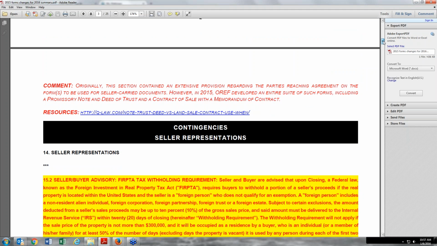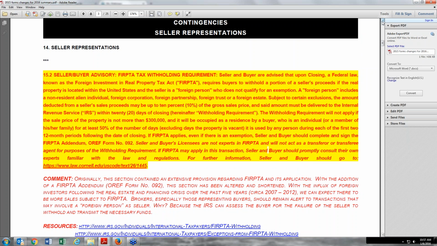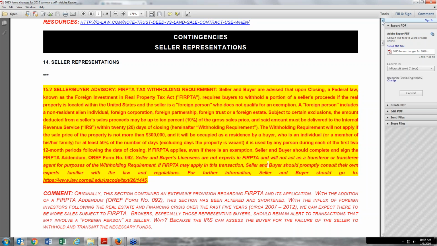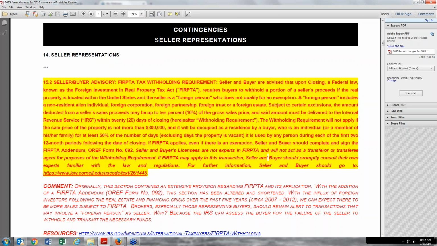If the transaction doesn't meet those exemptions, however, then the seller should be getting the assistance of either an MLO or another person who is exempted under the MLO licensing law, for example, an attorney. Okay,